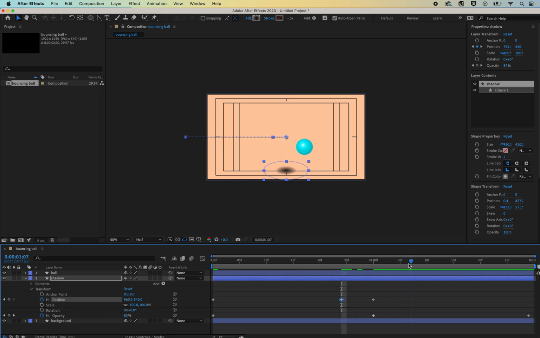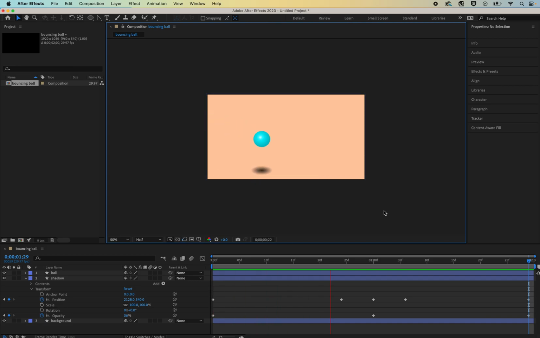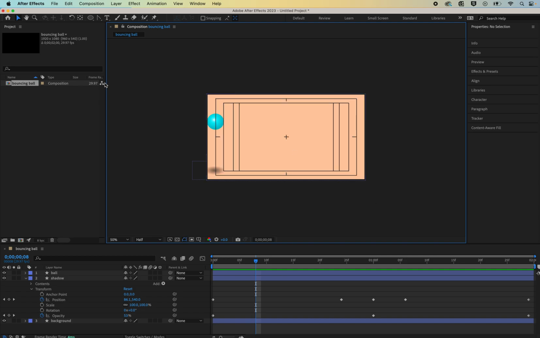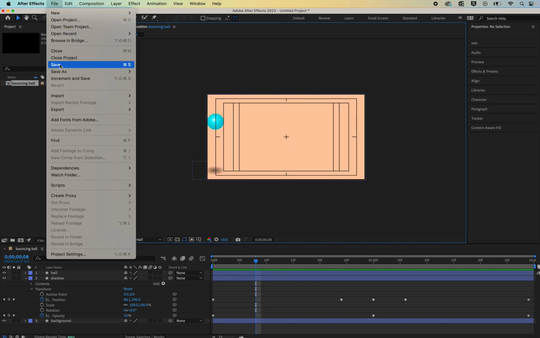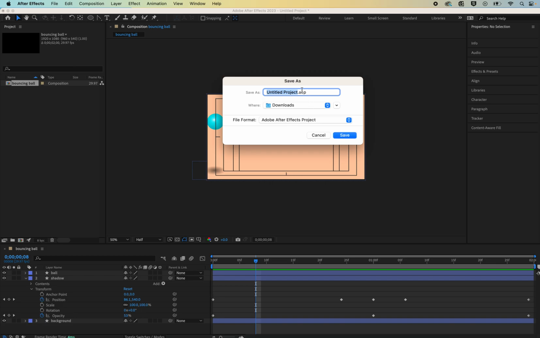Back over here, let's do kind of the same thing. And then as it falls off, we move it all the way over. We test our thing. And look how quickly we have this bouncing ball. Very cool. Make sure you hit save. Save your composition wherever you want to save it. I'll save